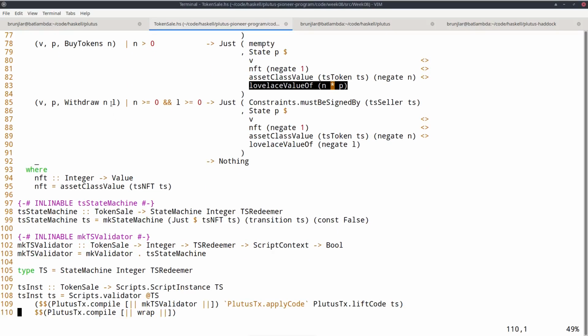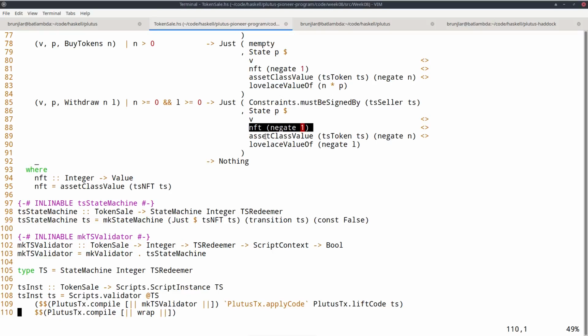And finally, withdraw. So I insist that they are non-negative values. Remember, the first argument is the amount of tokens to withdraw. The second argument, the L, is the amount of Lovelace. In this case, I again insist that the seller signs it, because otherwise anybody could take funds out of this contract. And the new state, I again don't touch the price. This is the old value corrected for the NFT.